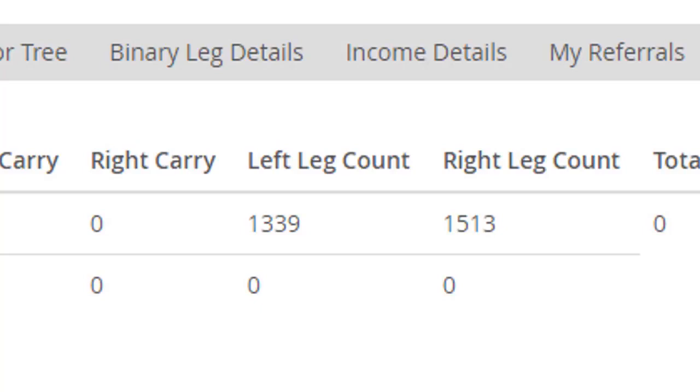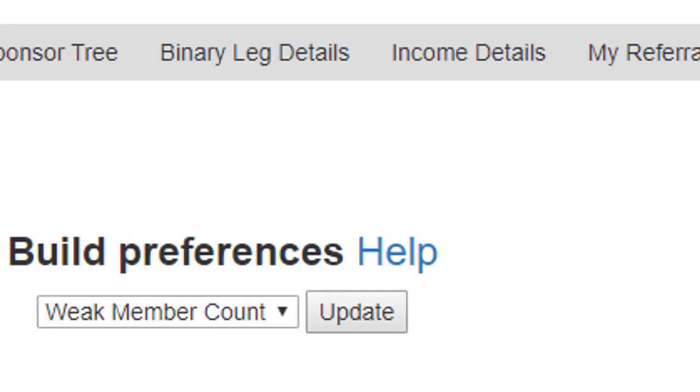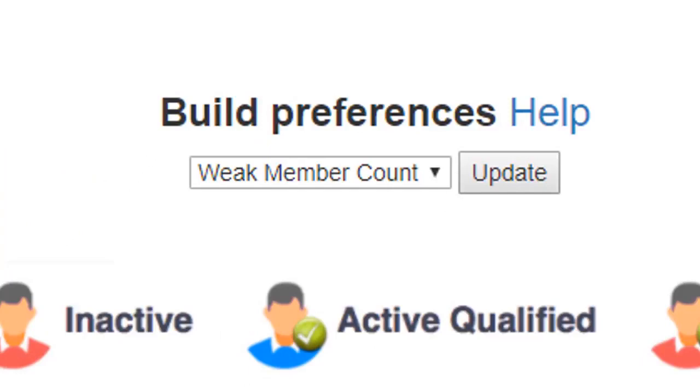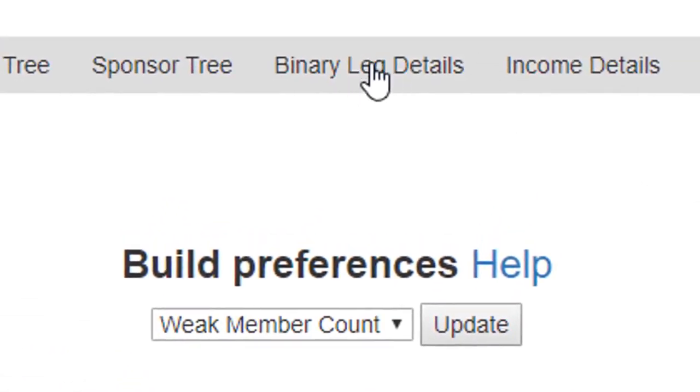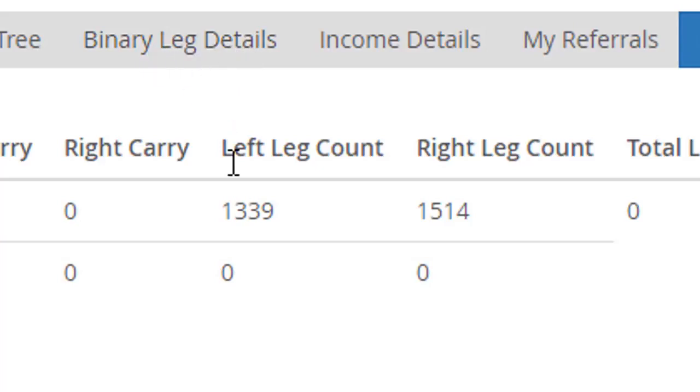I've gotten 0 spillover. Now, if you remember here under build preferences, and we talked about why it's so important to keep this on weak member count, you can always go in and see which is your weaker leg in the binary leg details. So when I click on binary leg details and it shows that my left leg has less people than my right leg, the setting is actually automatically going to put my personal people in my left